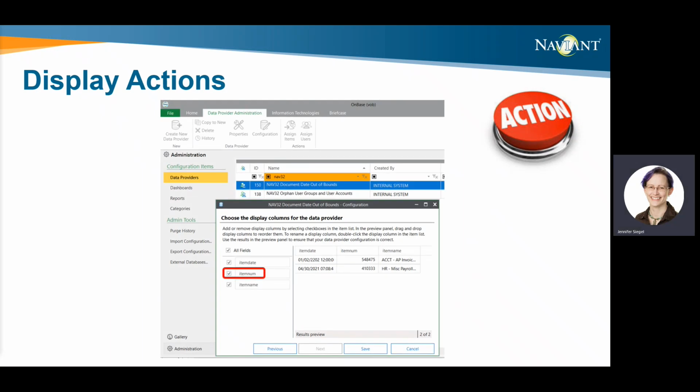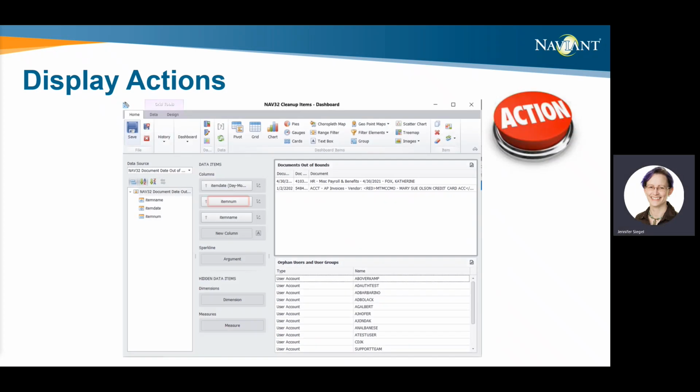So the first step is to include the document handle of the document, also known in the database as item num or content num, depending on which table you're looking at. And that's the one that you need to include in your data provider display column. So then when you're configuring the dashboard, you need to add that column to the item in the dashboard. You can add it to the column section and have it be a visible element if you want, or you can add it to the hidden dimension section